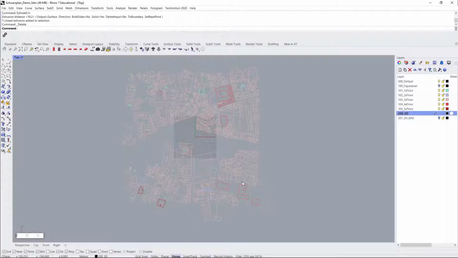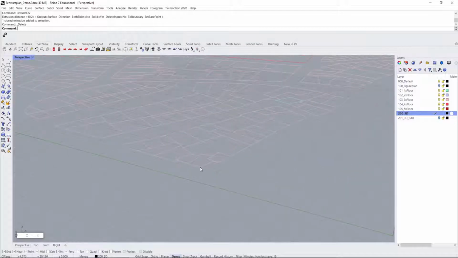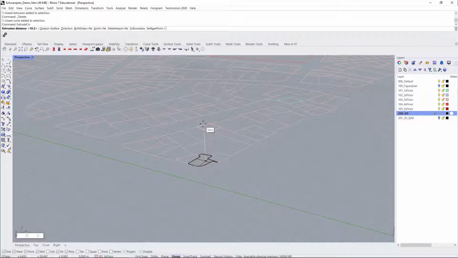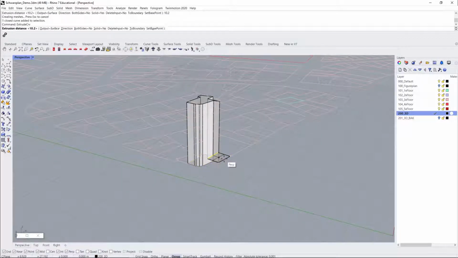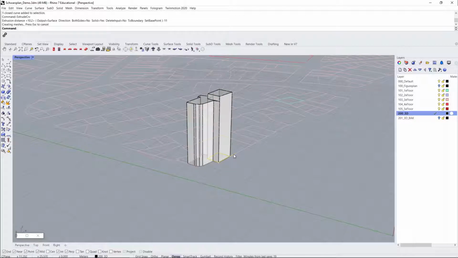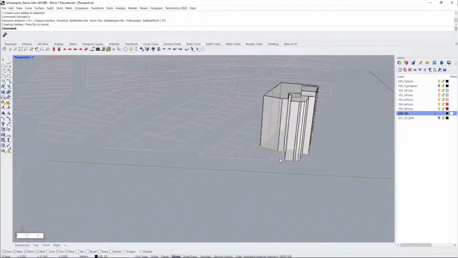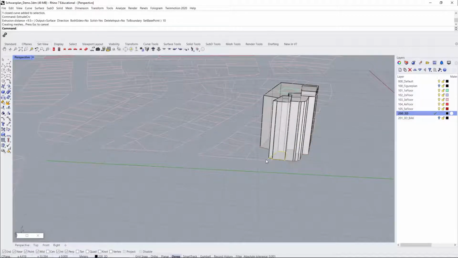The manual way one might go about doing this would be to tediously extrude each building outline to the desired height. Instead, we are going to do this for all buildings at once, introducing some variations to make the model seem more detailed and believable. This approach is not meant to provide you with accuracy, rather it is aimed at developing large areas with minimal effort. If you're using this to create a context model for your design, you can always add more precision and detail around the immediate area of your design later.